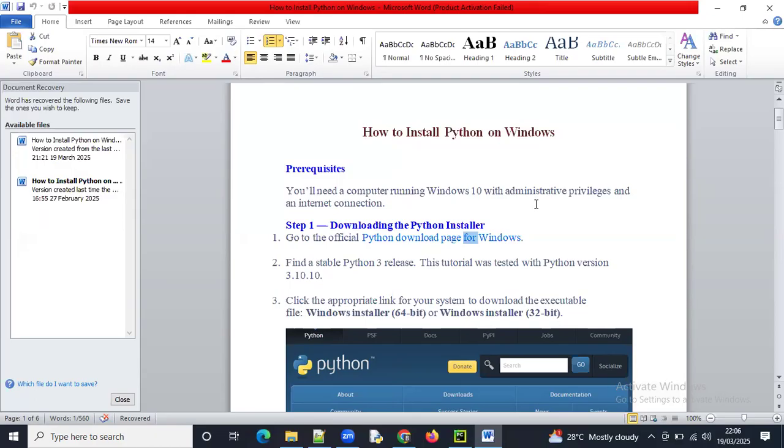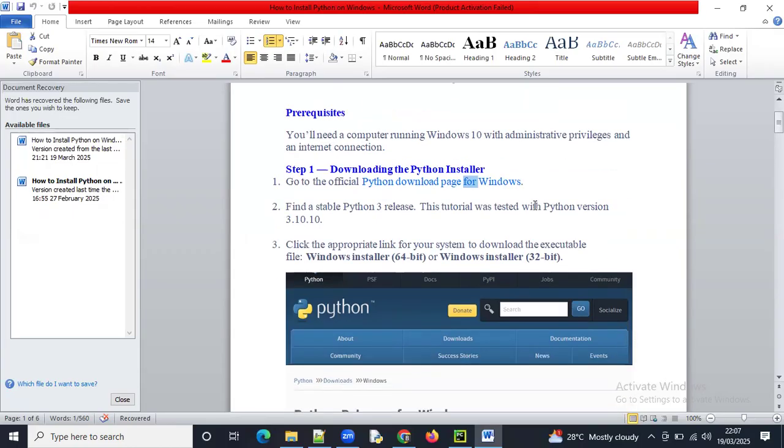Almost every system will support those, so we don't need to concentrate on that. And the next prerequisite is that we must have an internet connection, and we have to download the Python